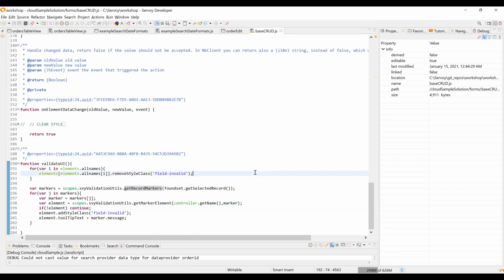Now, I said that the validation logic is centralized in an entity scope. So where do these markers get generated? This goes back to the webinar we did for the 2020.09 release, which talks about this, but I'll quickly revisit that. If we look at our orders table,